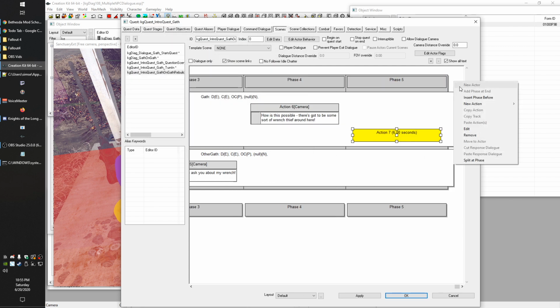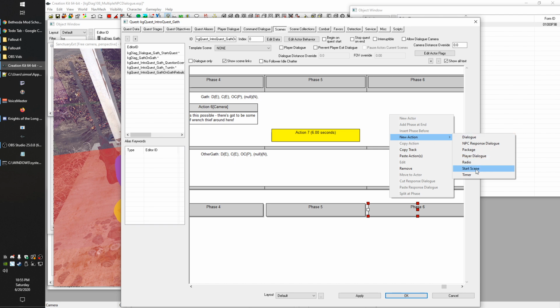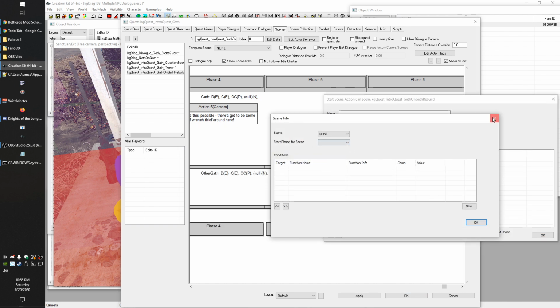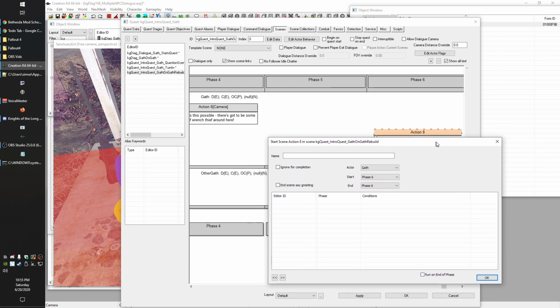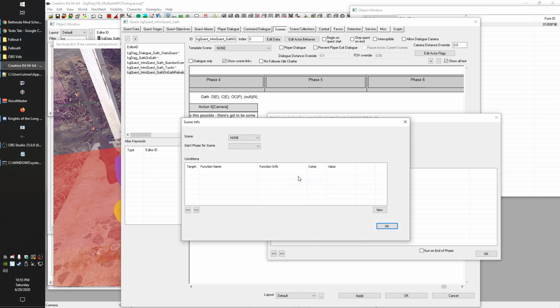And now we need to set up a repeat. So we'll go add phase at end, and we will do new action, start scene, and we will just restart this scene. And this thing right here is basically just an action that can start a scene. You're actually starting a scene by adding a new action here. And the power of this, and I might have already shown this in another one of the guides, but again, I'm happy to cover things multiple times, make sure you guys catch it all,